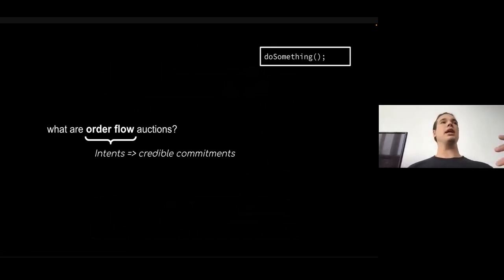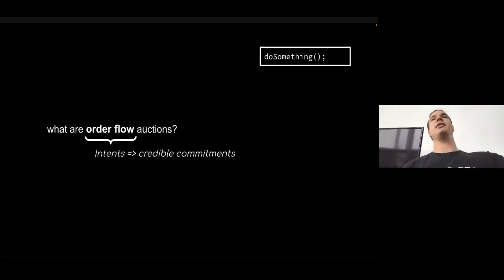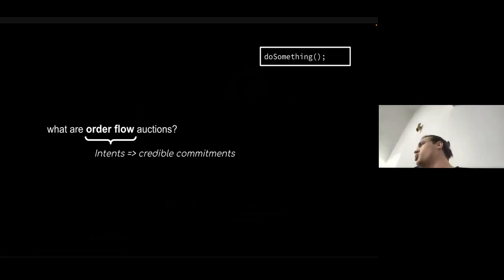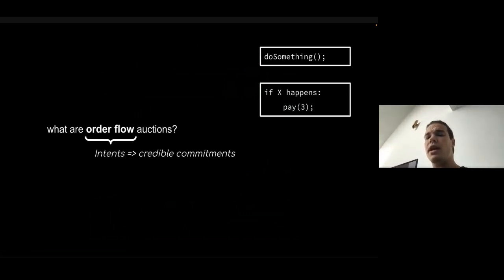An example of this would be a commitment that says, I want to do something on chain, right? So a transaction satisfies this, obviously. Like I might be calling a swap function with certain inputs. Could be an Oracle update, but it also need not be a transaction. Something else we can think of is a conditional payment, right? If something happens, I will pay an amount. This transaction could do this. You could run the transaction and it checks the chain, and if something happened, then it'll pay. But really, you could be running this in a different chain. It's just a credible commitment in the abstract.